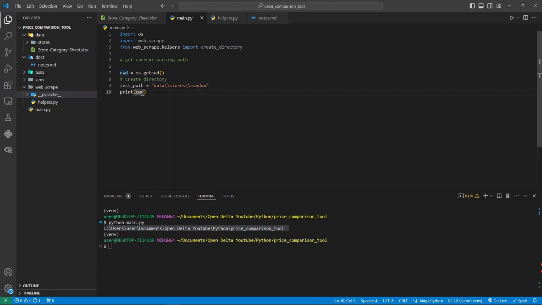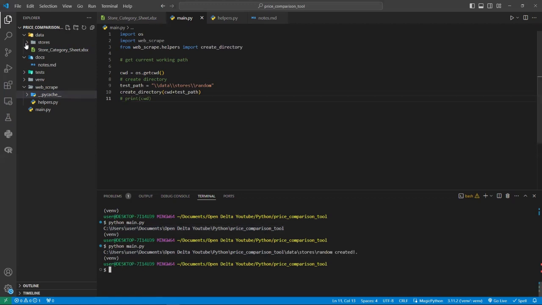Okay, I'm going to comment this out. And then from there, I'm going to call create_directory with the CWD plus the test path. Then I should put test path here and run it. And boom, did we get something random? Yes, we did. So that's working. All right, it didn't print anything to the screen. Okay, there it is. Random created. Okay, so this is what we